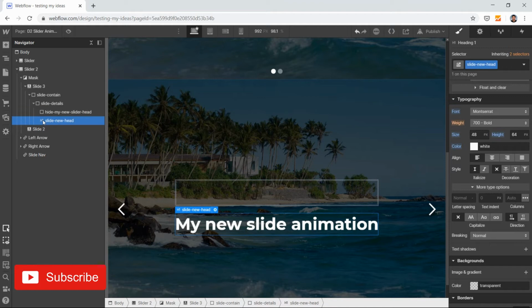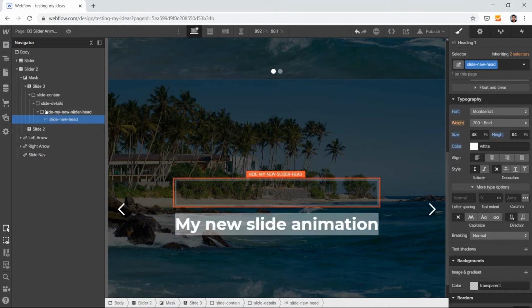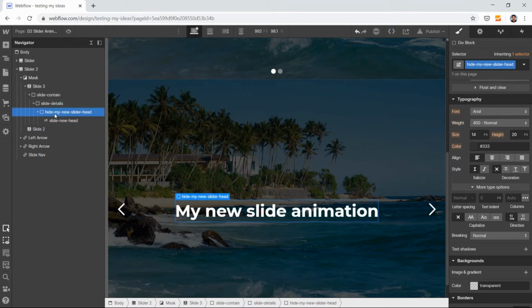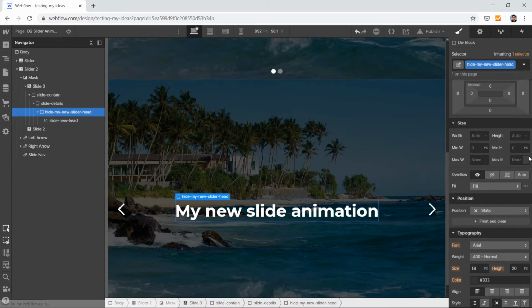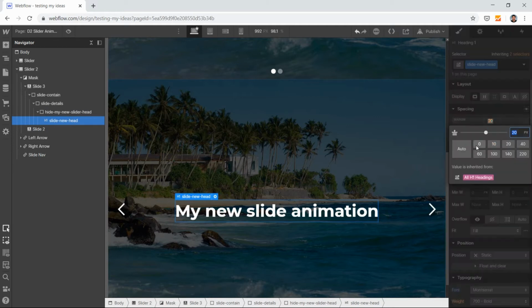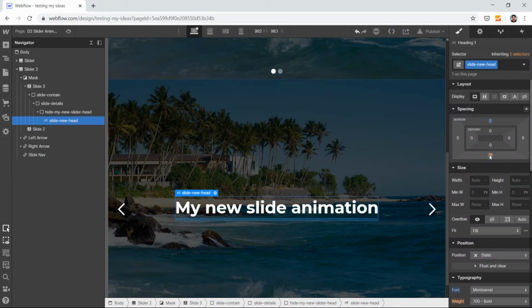So what I will do, I will just drag and nest it under this hide my new slider head division. Okay, good. So just do one thing, just come here in this size section, make its overflow hidden. Got it? And select this title and just remove this so that you don't get any